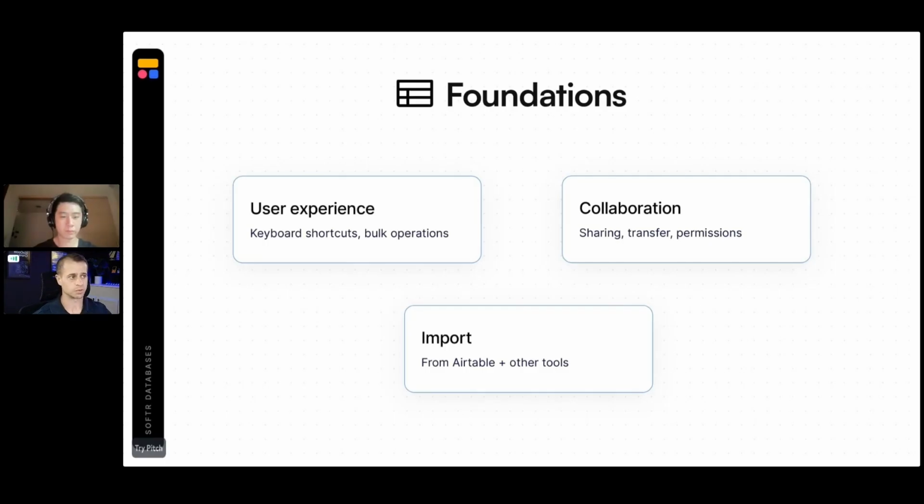Let's answer one more question here, and then we'll get on to our demo with Artur. So will there be a feature to allow us to export data from Softr Databases easily in the future? Yeah, I think we'll allow exporting as a CSV. I think that's what we'll allow.